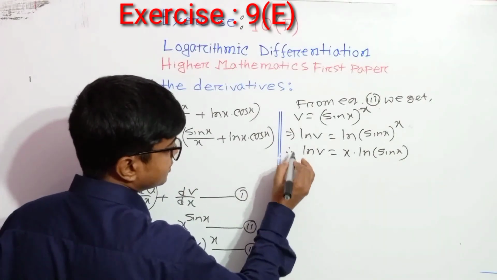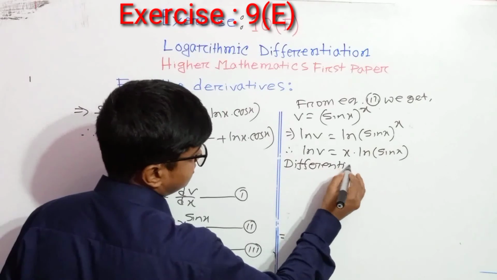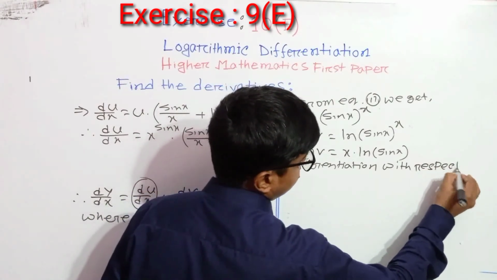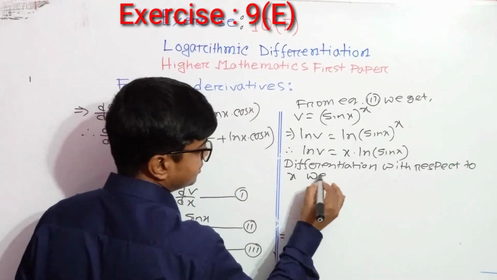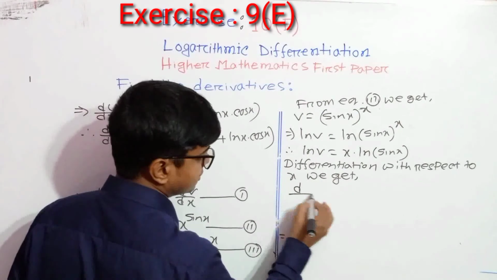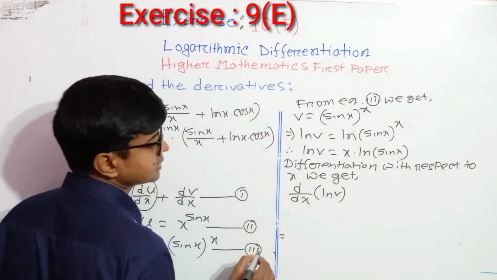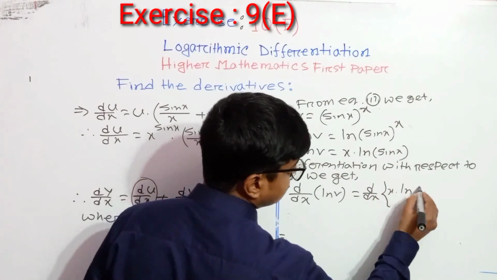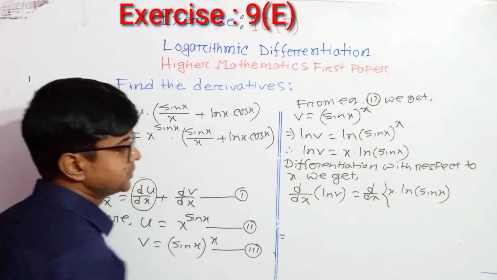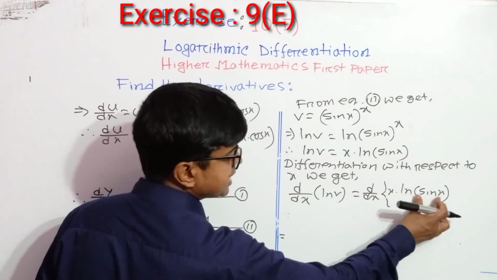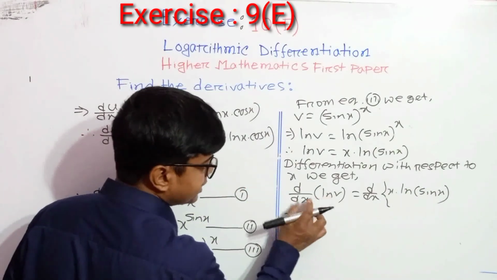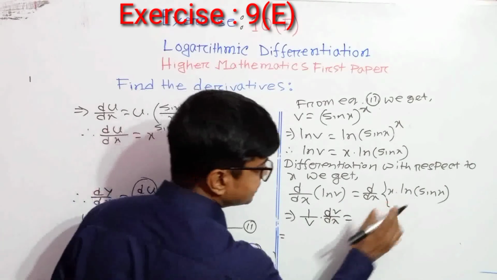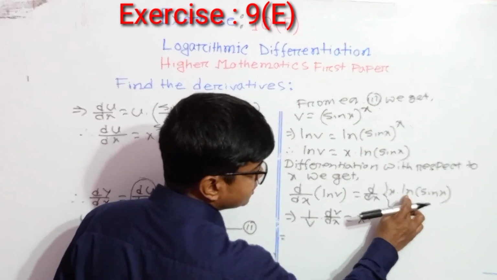Now differentiation with respect to x, we get d dx of ln v equals to d dx of x into ln sin x. Now here x is u and ln sin x is v, so we can write d dx of ln v, it will be 1 by v into d dx of v equals to, here x into d dx of ln sin x,